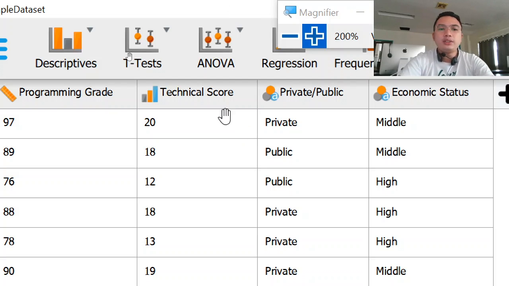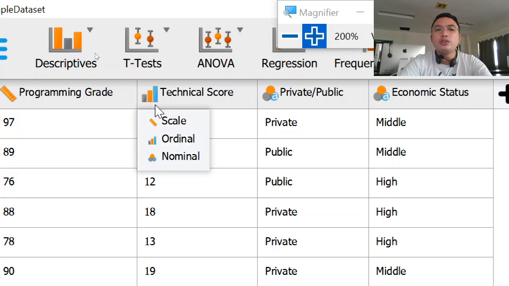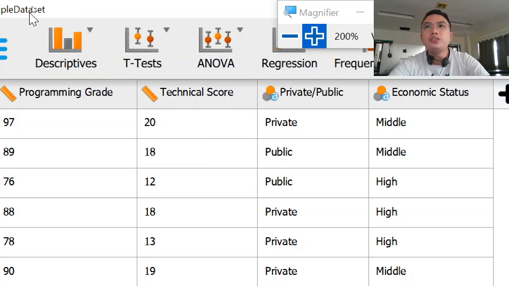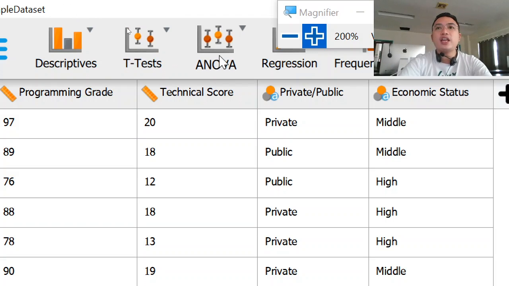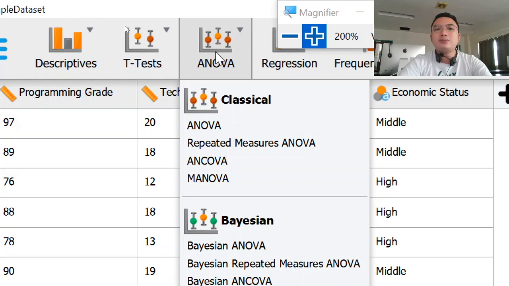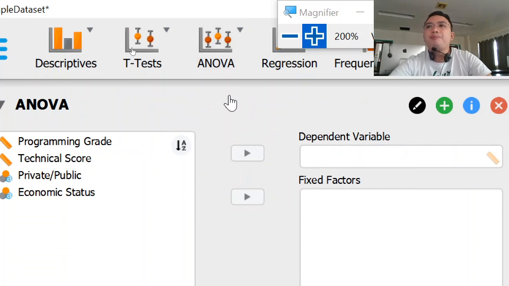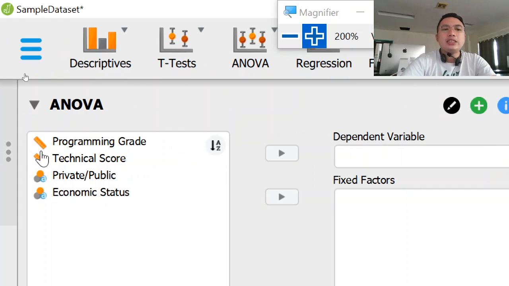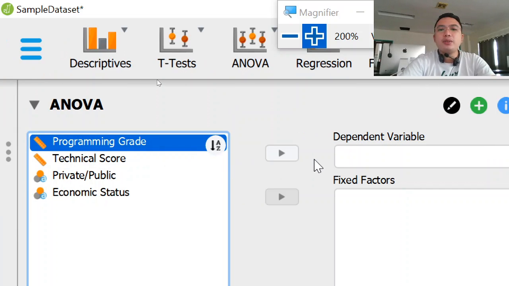So we will be changing the icon of the technical score into a continuous scale. So right now we'll be doing ANOVA analysis. So you look for the ANOVA in our analysis menu. So click classical ANOVA, and then we'll be placing the continuous variables.